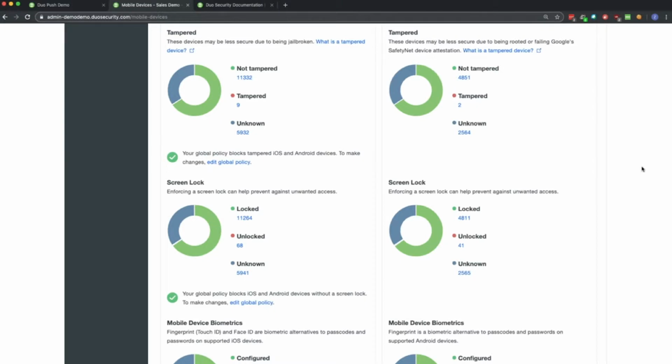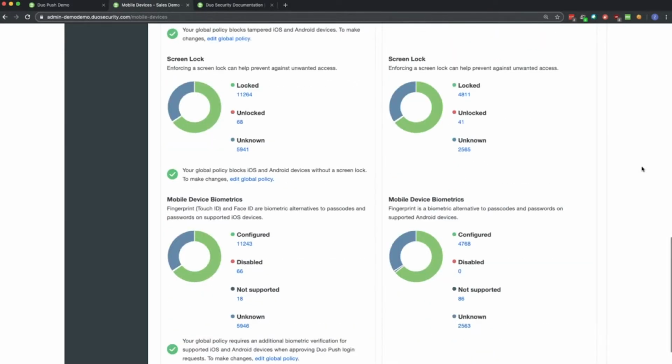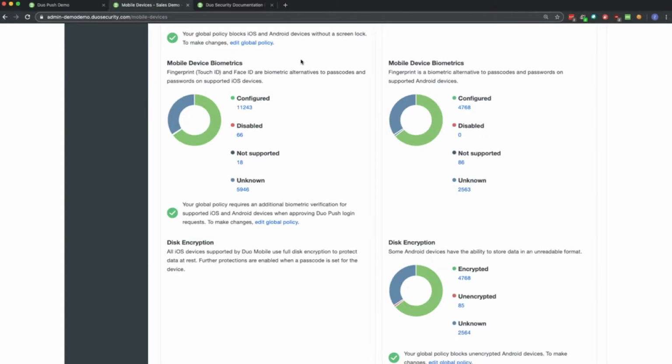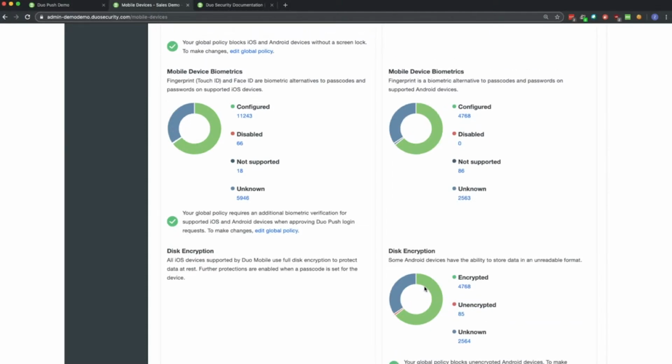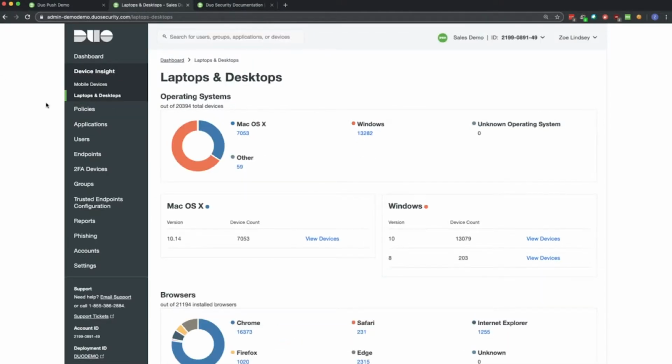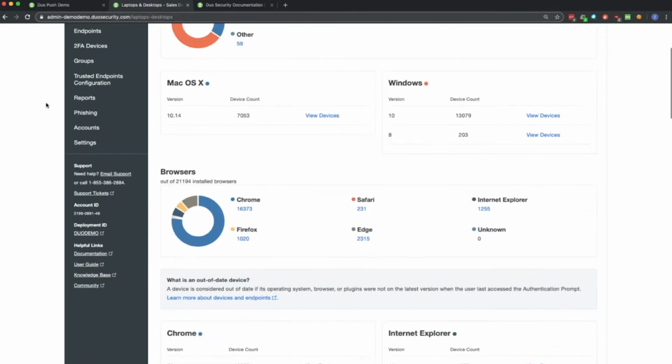You also get information on whether that device has a screen lock, and specifically whether that screen lock is protected with a biometric factor, as well as whether disk encryption is enabled. We don't show that breakdown on iOS because disk encryption has been enabled by default ever since iOS 9. But since that is not standard across the board on Android, we do give you a breakdown here. On laptops and desktops, we're looking at much the same information: OS and version, browser and version.